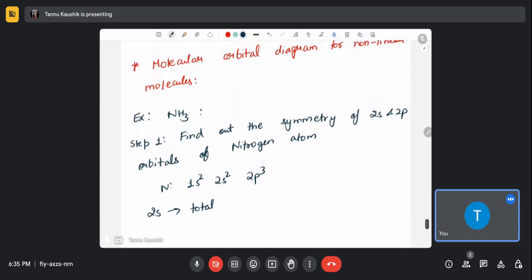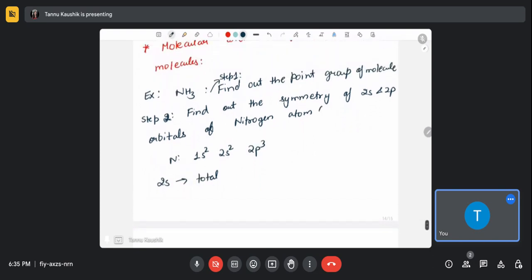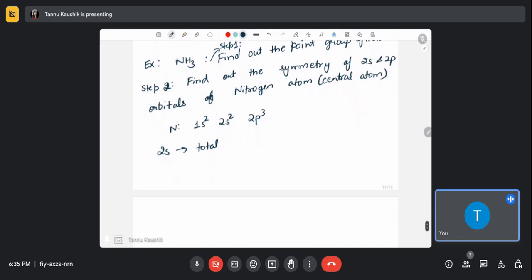for that you will go to the point group of the ammonia molecule. Firstly you will have to find out the point group of the molecule, the central atom. So 2s will have totally symmetric representation,